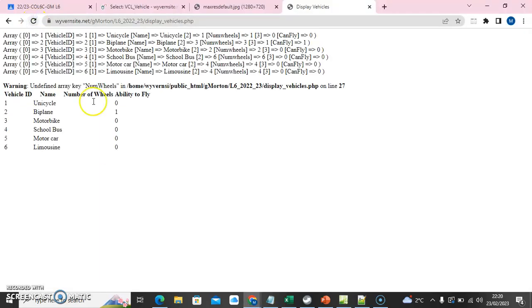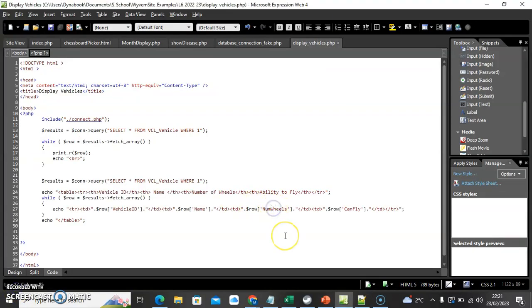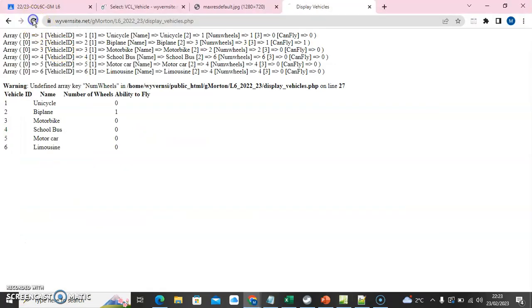And then you can see that we have a nicely created table here. We've got a warning about a key called numWheels. So I'm just going to fix that. You can see I've used camel case numWheels here, but I actually think I saved it as lowercase. So save that. And if I refresh that page, you see the error's gone and we have our displayed data. We could fix it with some CSS